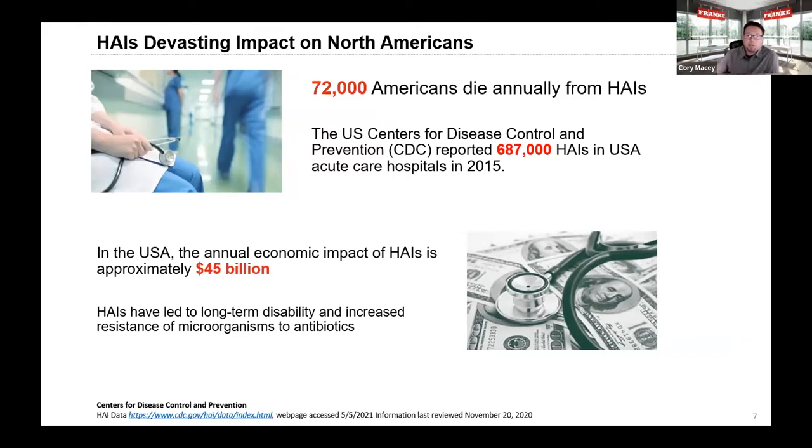HAIs have a domino effect on the world healthcare system. Infected patients remain in hospital much longer before being discharged. Approximately 10% of acute care beds in urban hospitals are occupied by patients who have had increased length of stay due to an HAI. So when a patient remains in hospital longer due to one, they take up valuable bed